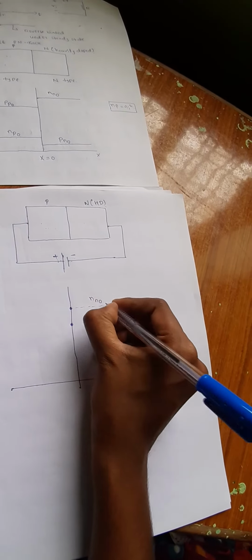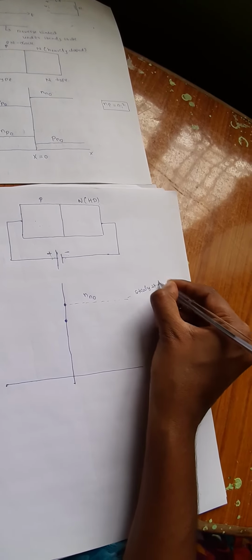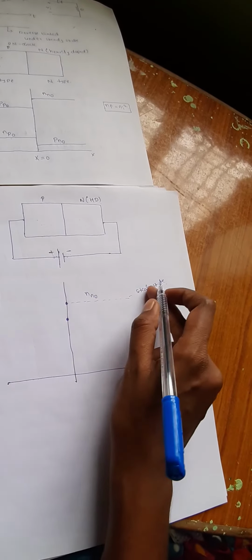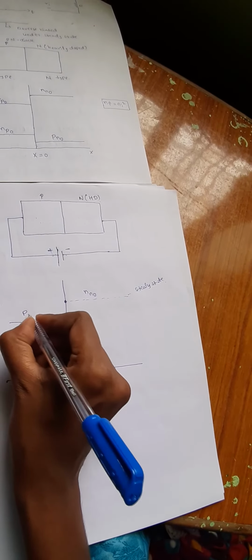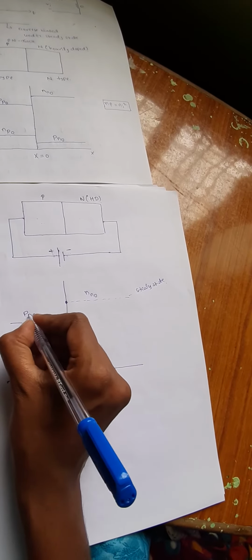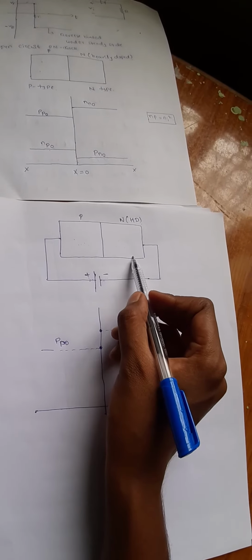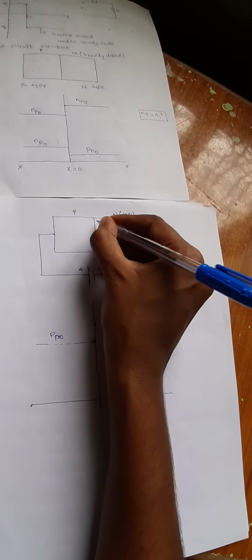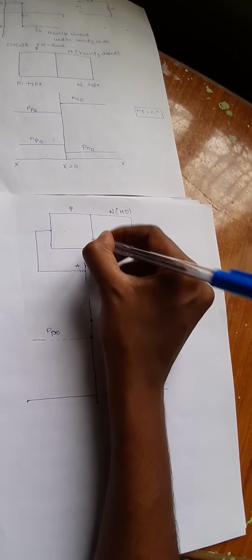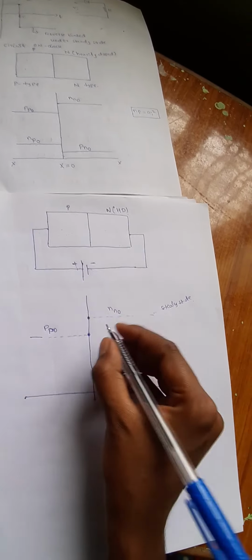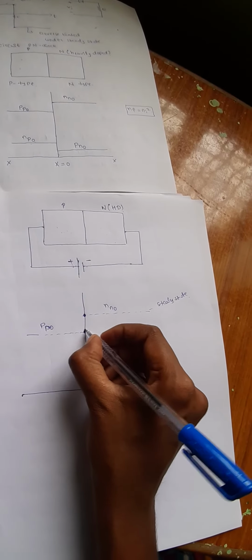So under the steady state, here that is a steady state. If you consider open circuited, it is a steady state for an n type material, and here it is a steady state for a p type material, pp naught. Whenever these holes are injected into this n type material, at the junction the concentration of the carriers will be more. They recombine at the junction only, so the carrier concentration at the junction will be more. The electron concentration and the hole concentration at the junction will be more.